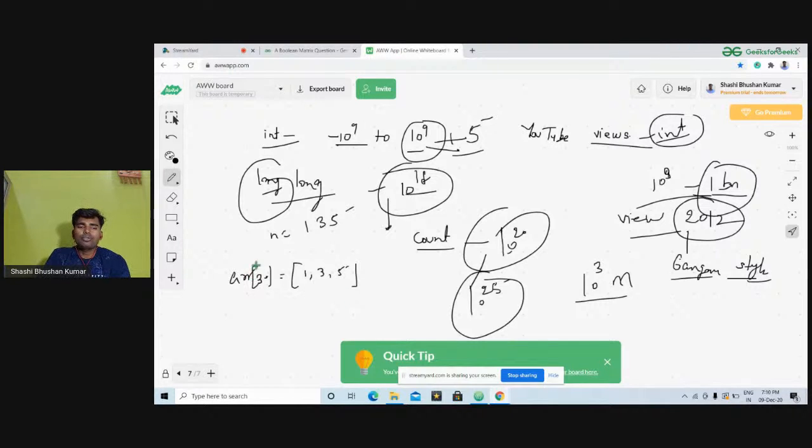Linked list is another option, but the best option will be strings. So you can use something like a string S1, and you can store that number like this. Because in case of an array, let's say this is an array of integers, in that case